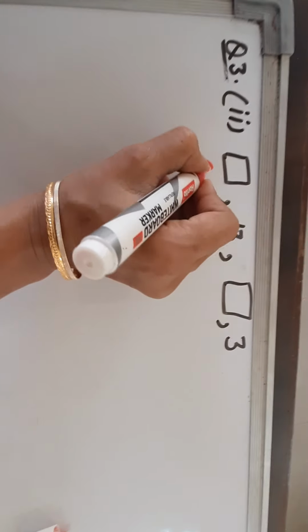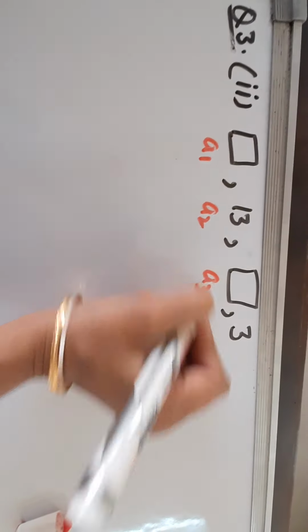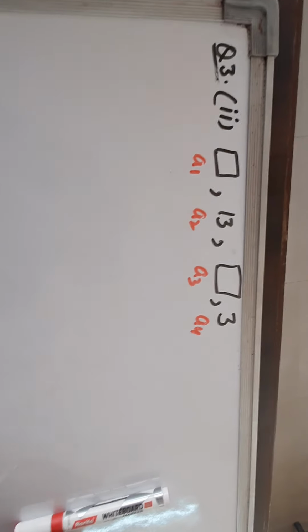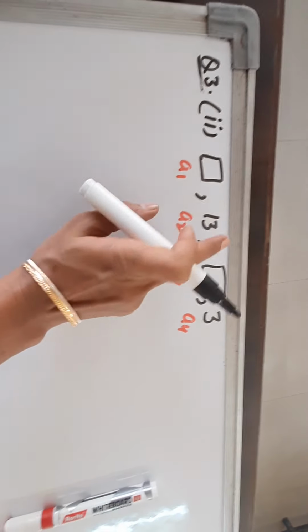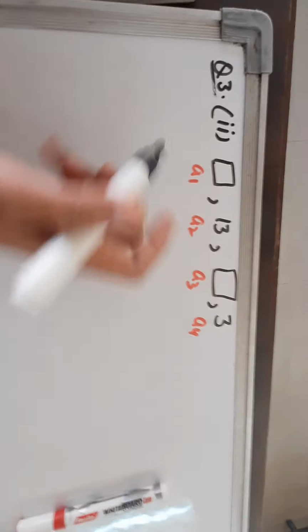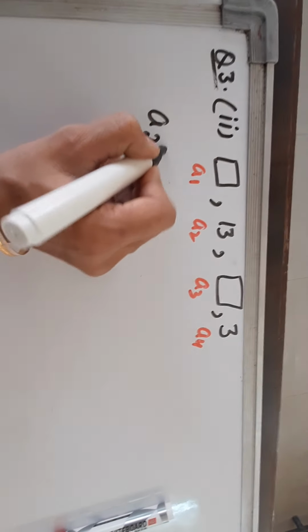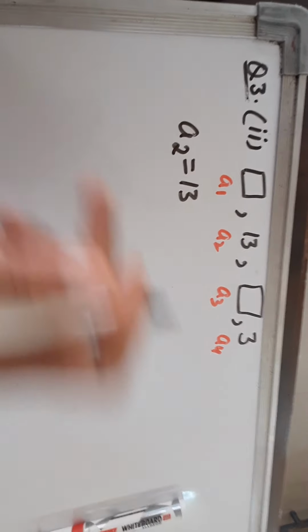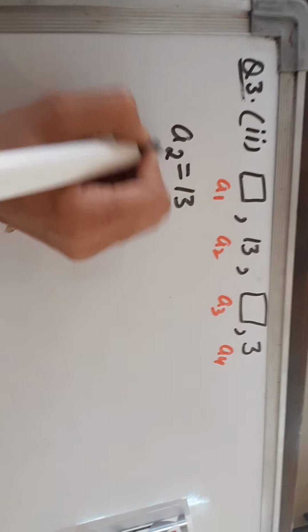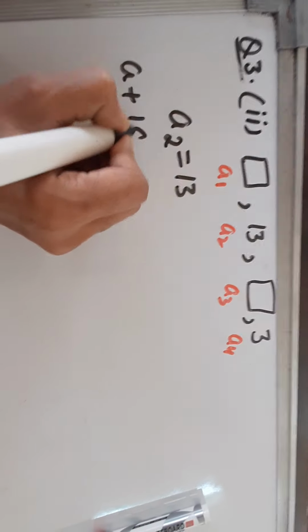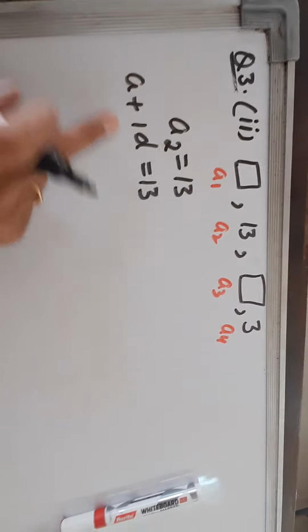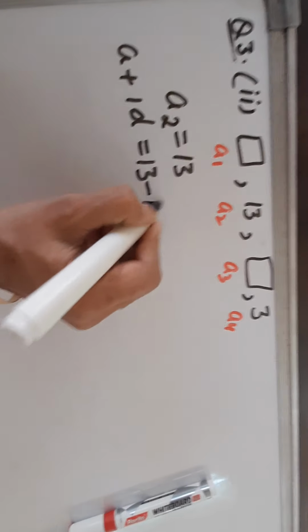So dear students, before following the steps, let us mark the points A1, A2, A3, A4. From here we can see कि हमें given कौन से terms हैं. तो we will follow the first step. Given कौन सी है, A2 and A4. So we will write A2 is equal to 13. पहले इसे solve कर लेते हैं, फिर second given term को solve करेंगे. A2 का formula क्या होता है, A plus 1D is equal to 13. Now we do not have A क्योंकि first term नहीं given है, ना ही हमारे पास D है. So this will be our first equation.